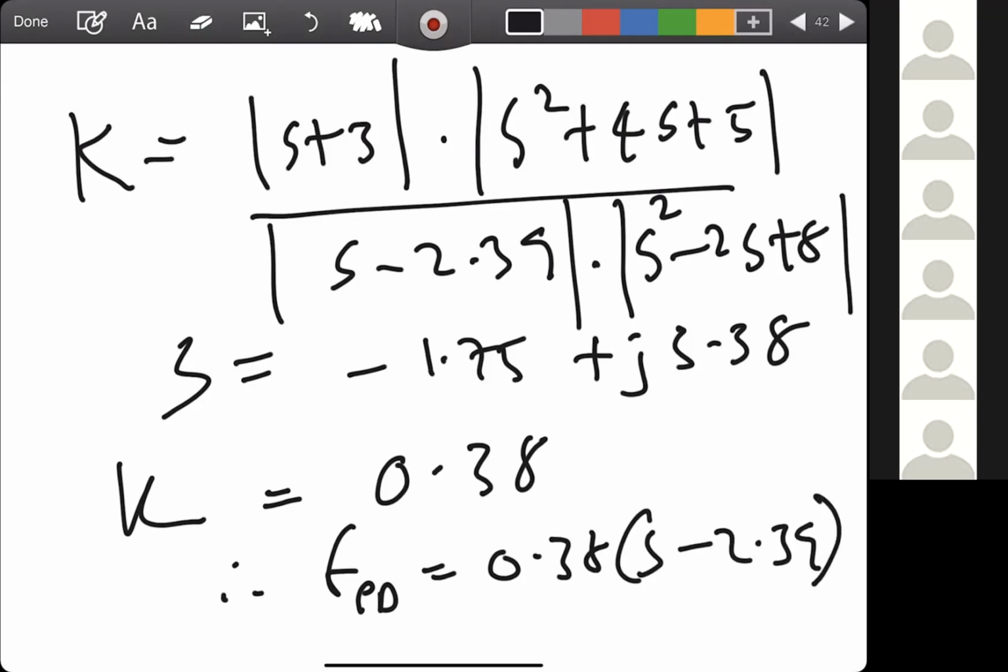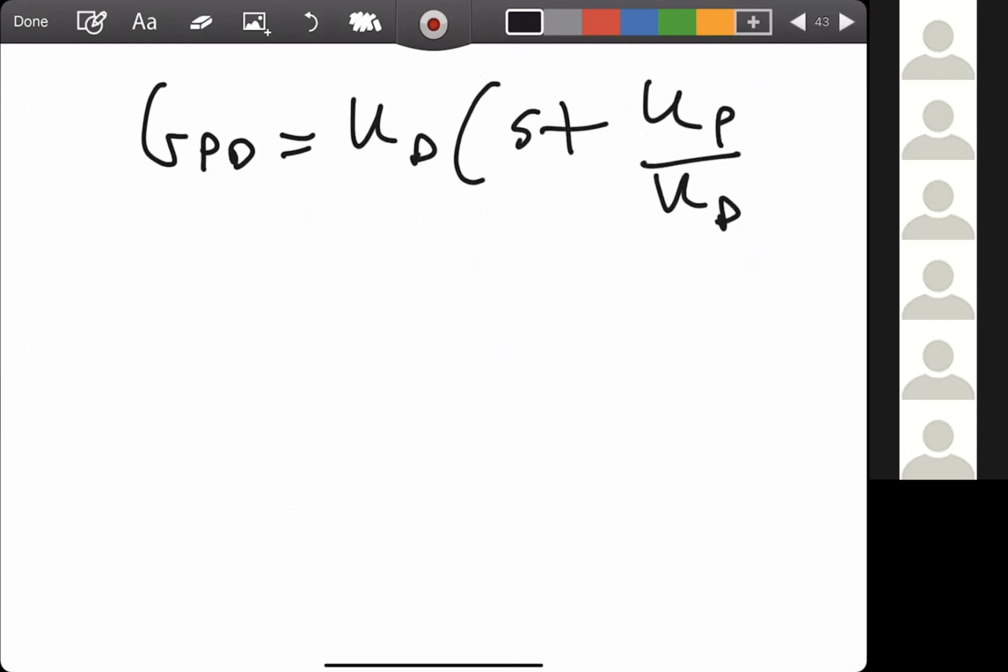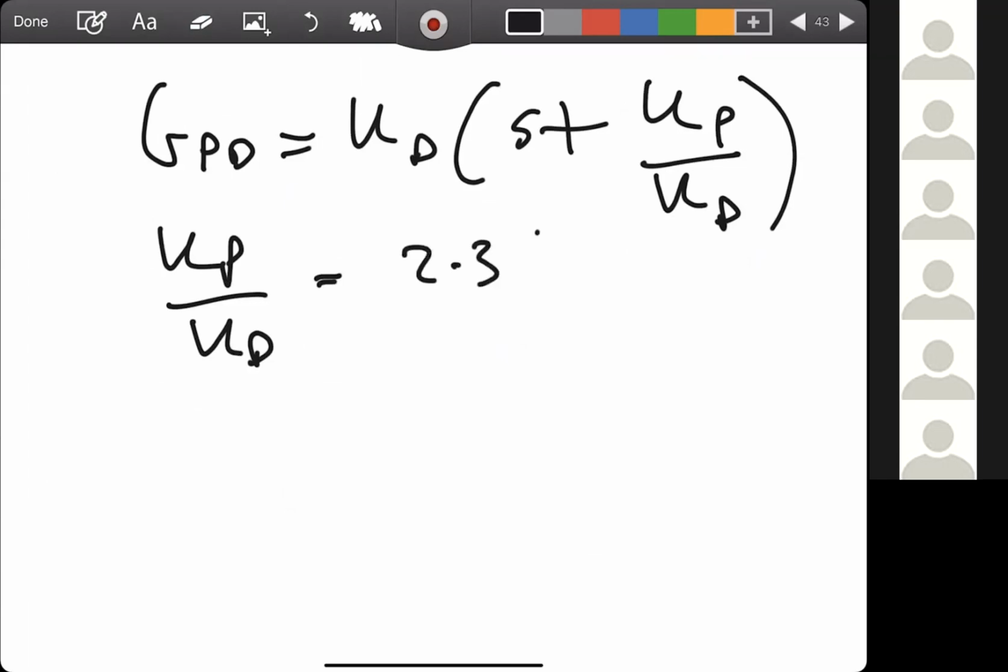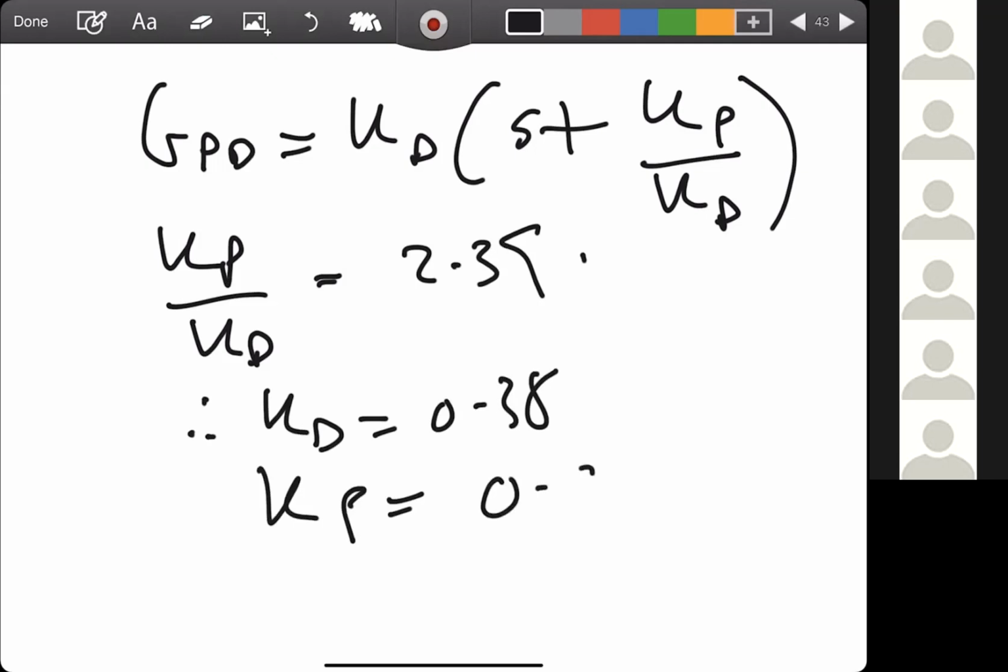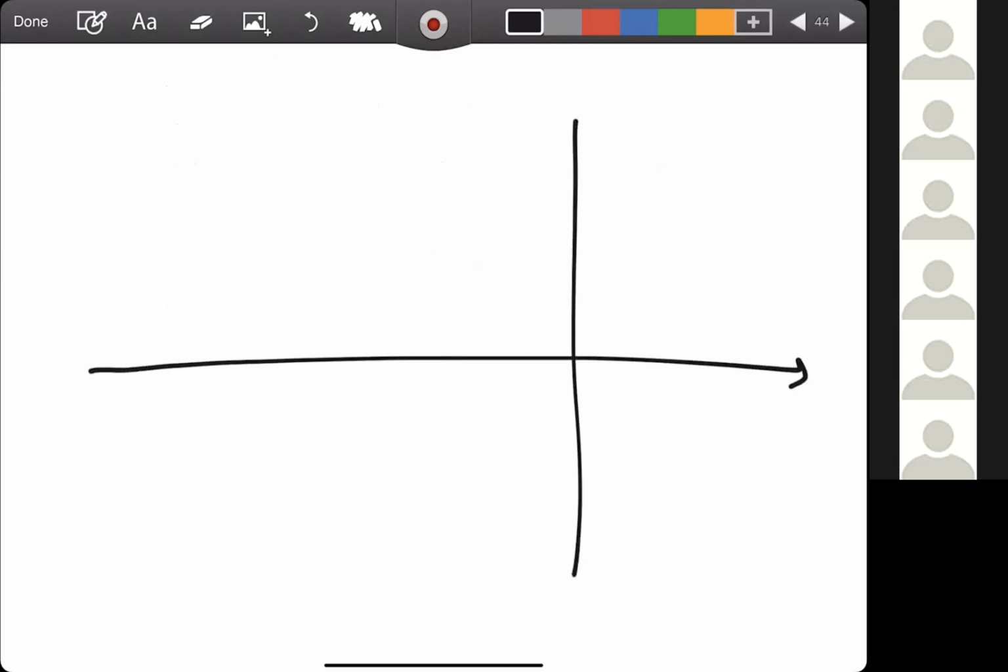Okay. So when we compare with the standard one, GPD, which is KD S plus KP over KD, KP over KD is equal to 2.39 minus 2.39. So that's why KD is 0.38. KP is equal to 0.91. Okay. So when we plot the locus after PD controller,